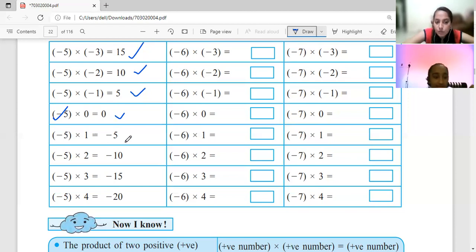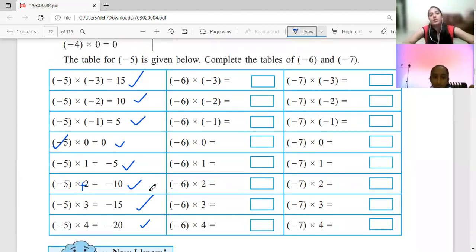Now -5 into 1 is going to be -5. Right. Yes. Next one is 5 2s are 10 and minus, यहाँ पे कोई sign नहीं है तो it is going to be positive sign. So minus into plus is going to be negative sign. So the answer is right, minus 10. Similarly, you can check the remaining two which they have solved, that is -15 and -20, right? Yes. Okay.